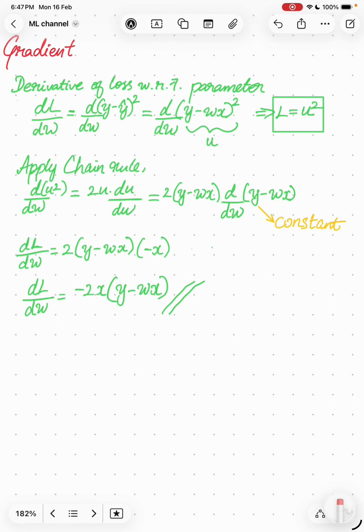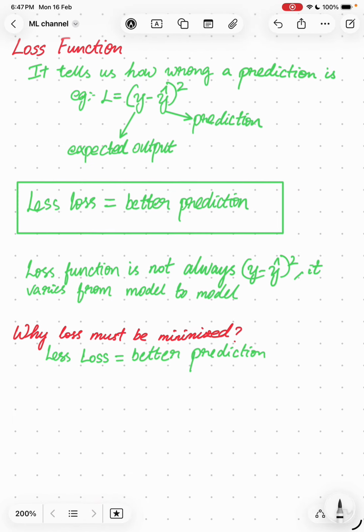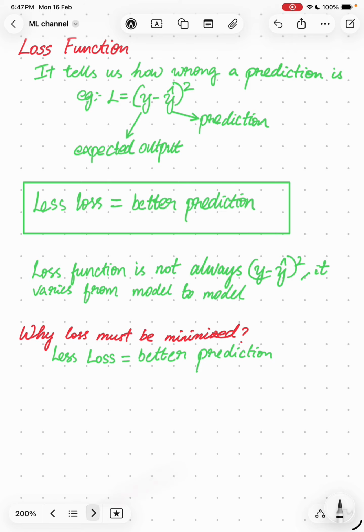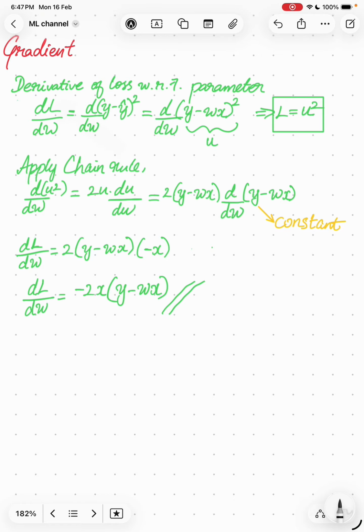Guys, a gradient is nothing but the derivative of the loss with respect to the parameter or weight. So we know the value of L is (y minus y dash) whole square from the previous slide. So dL by dw, derivative of loss with respect to weight, is d by dw of (y minus y dash) whole square,